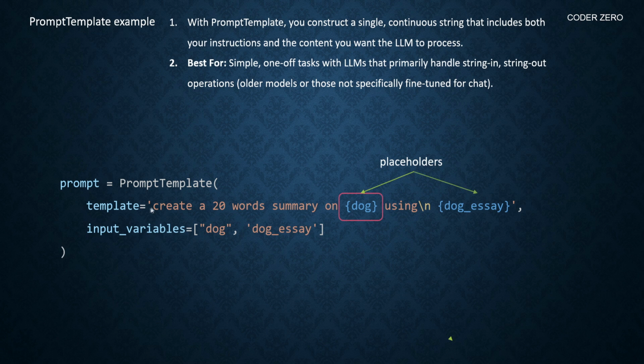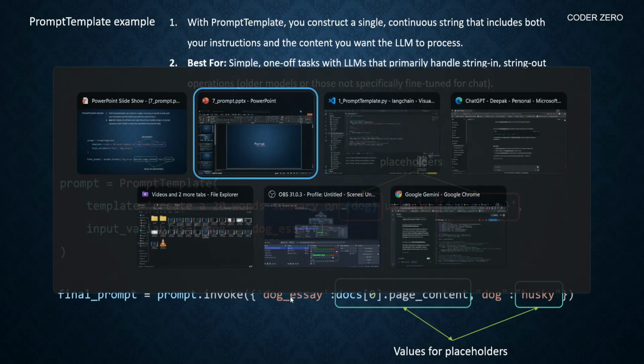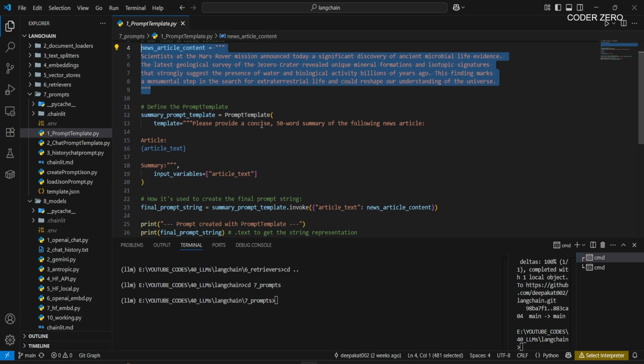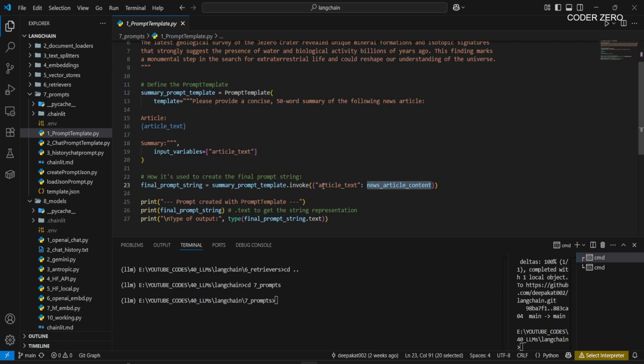So here you can see this is the code. Create a 20-word summary on dog using dog essay. So these are placeholders and we can pass any value to those placeholders. Now let's see prompt template in action. This is the main article, and here "please provide a concise 50-word summary of the following news article," and here we have article text as placeholder. So while using this we are passing the news article through this article text, and if we run this,